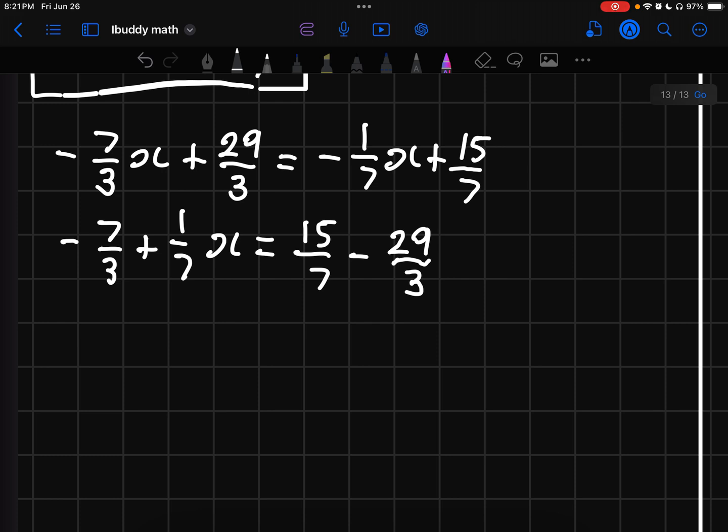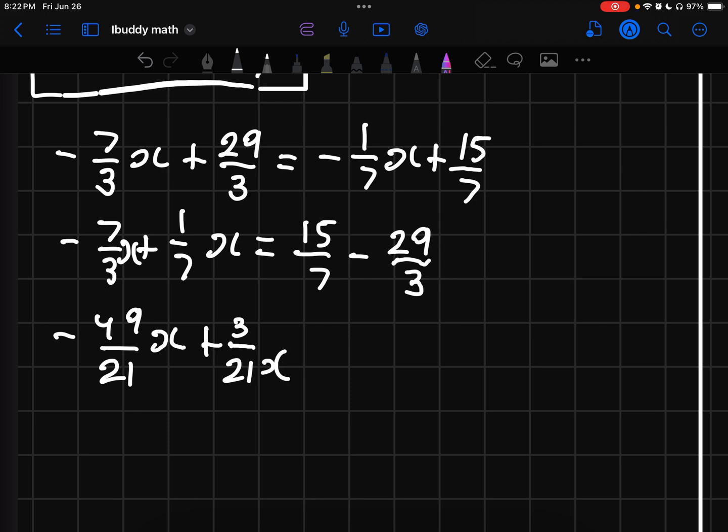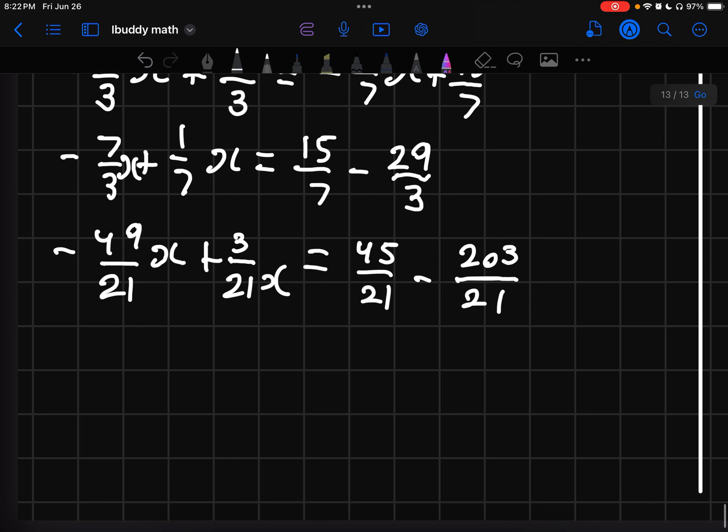Now, we can make the denominators the same, so that becomes -49 over 21x plus 3 over 21x is equal to 45 over 21 minus 203 over 21, and that is just